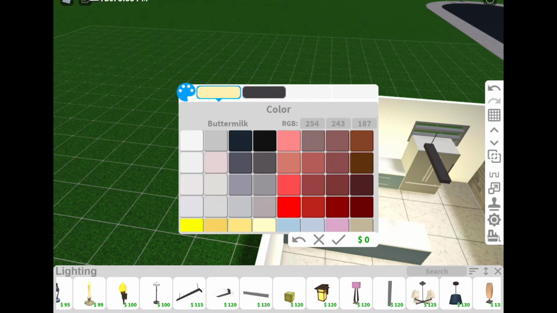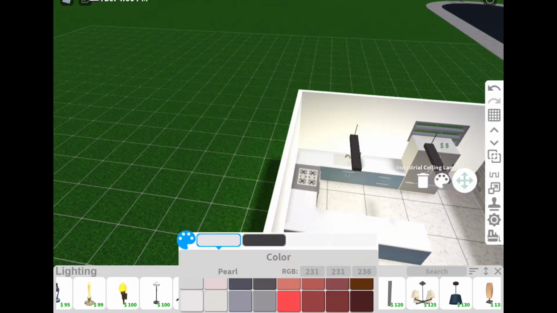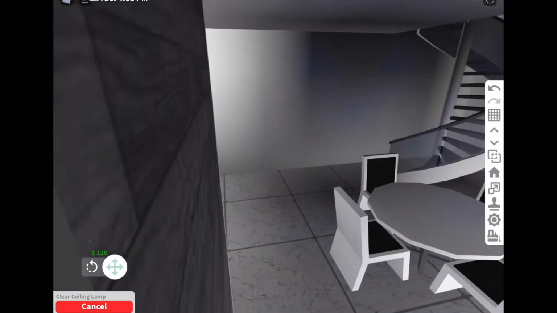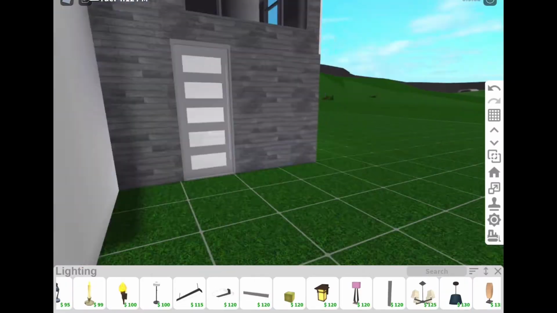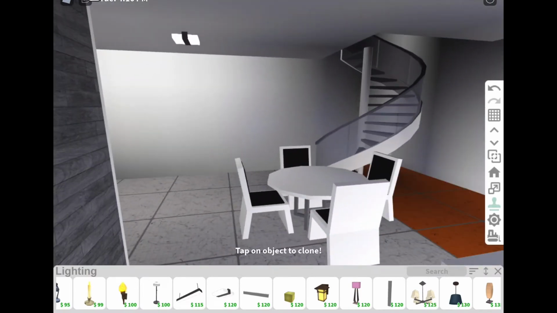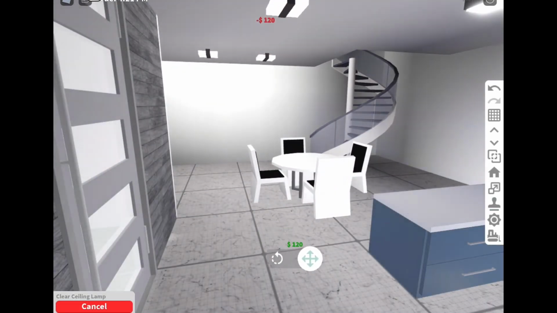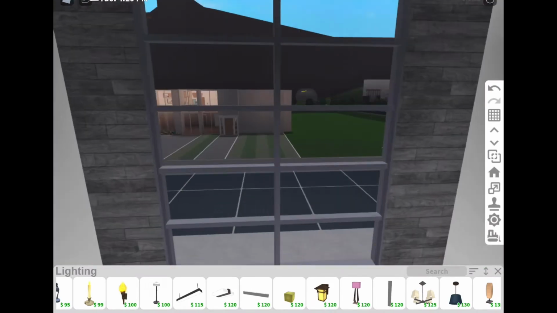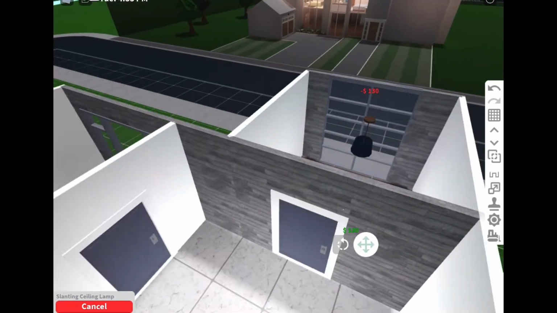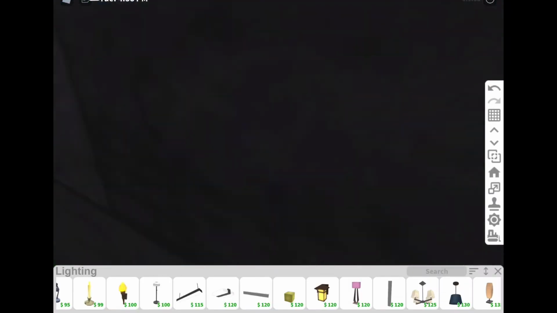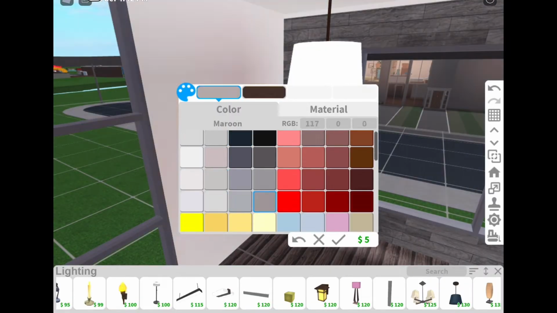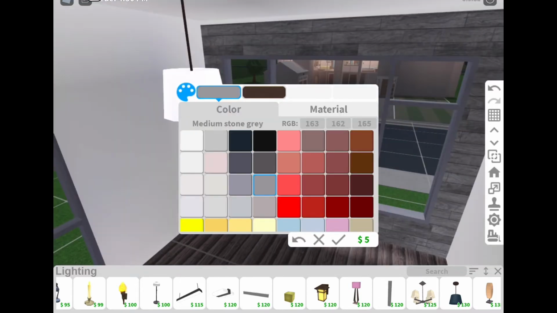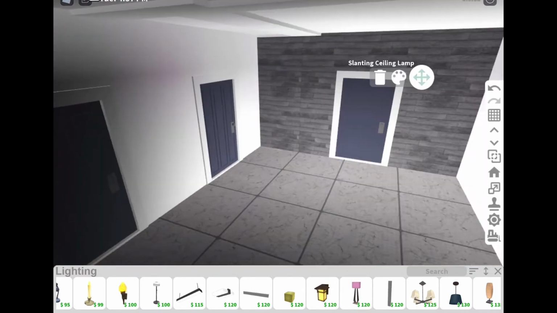And this is the one time I've made the lights white. I actually didn't make it white. I made it pearl because the white was too intense, because I never use white. If you want it to be more cozy, use linen, but I just thought white was a bit necessary right now because it's modern, but still I'm never using white as the colour again. But, you know, just because it was supposed to be a modern house, you just got to do what you got to do, you know. Anyway, so,